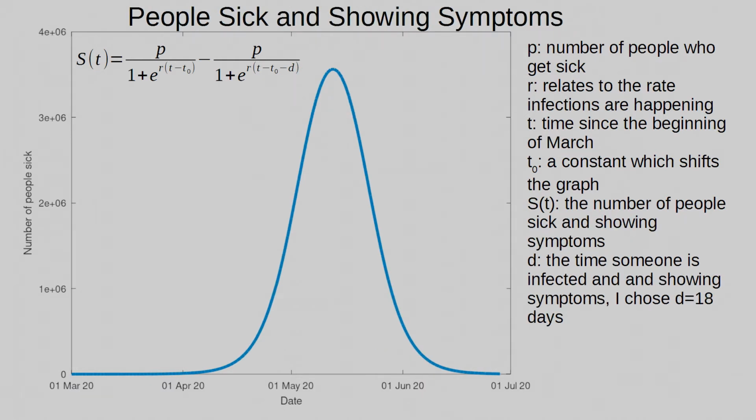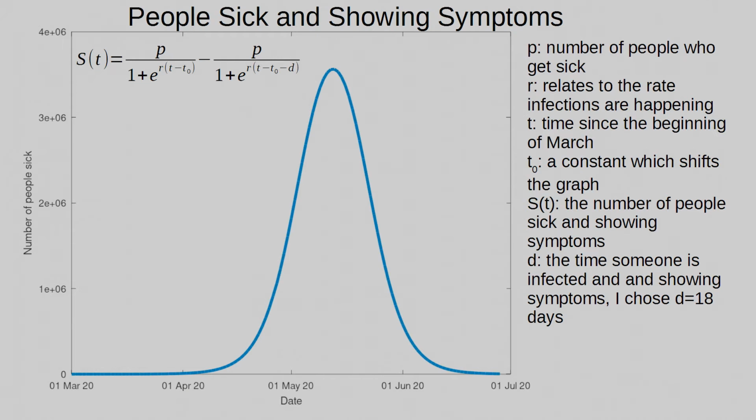To work out the number of people that will be sick at any particular time, I've done the exact same thing I did for the number of people who could potentially be infecting others, but instead of just doing it for 3 days, I've done it for 18 days, which is about 2.5 weeks, which is how long the sickness generally lasts.